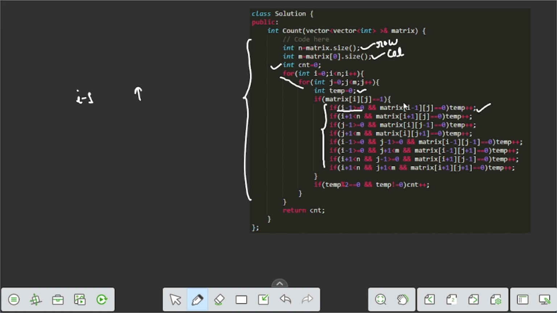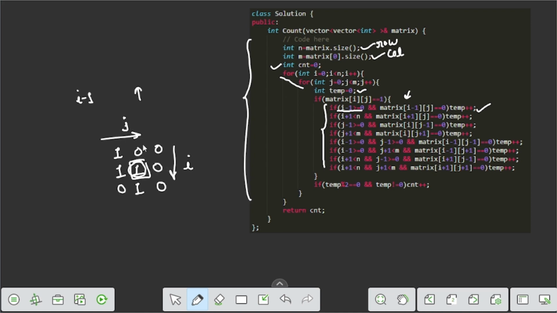For this, matrix of i minus 1, j means we go upper. Let's take the example 1 0 0, 1 1 0, 0 1 0. At this index, i represents the row direction and j represents the column direction.